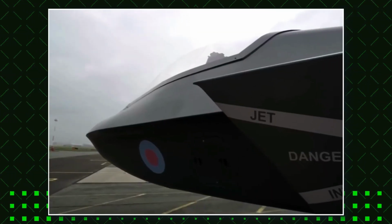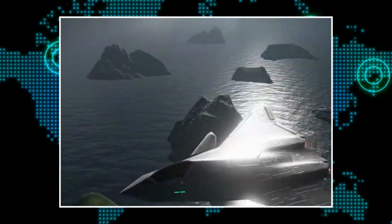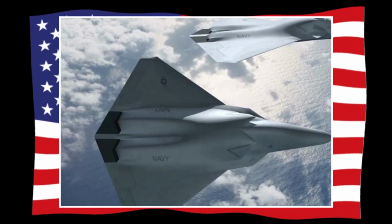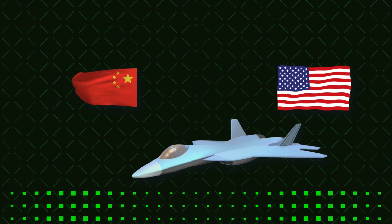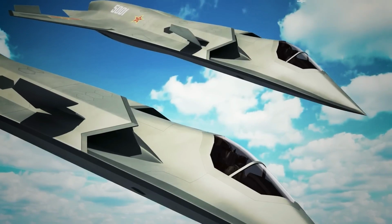According to Fu, China has started research and development of the next generation fighter jet, and it is in a confident place to eventually outpace the US. If you compare Chinese and American 6th gen fighters, they are broadly